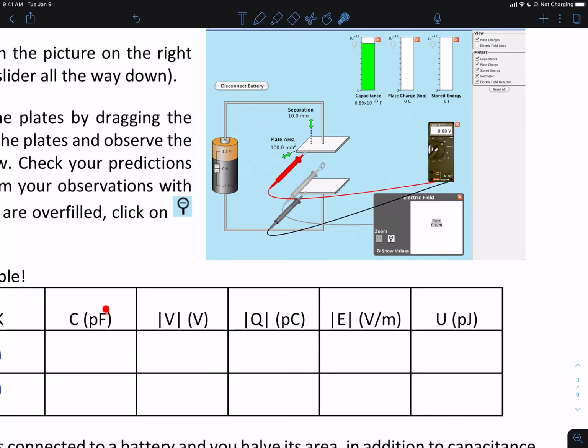Just be careful with the units. These little pico units mean times 10 to the minus 12, right? That's what this prefix pico means. So when you see that, it's already including times 10 to the minus 12, so you don't have to write it in here, because you'll see like this is times 10 to the minus 13, so just adjust that for times 10 to the minus 12. Okay, so